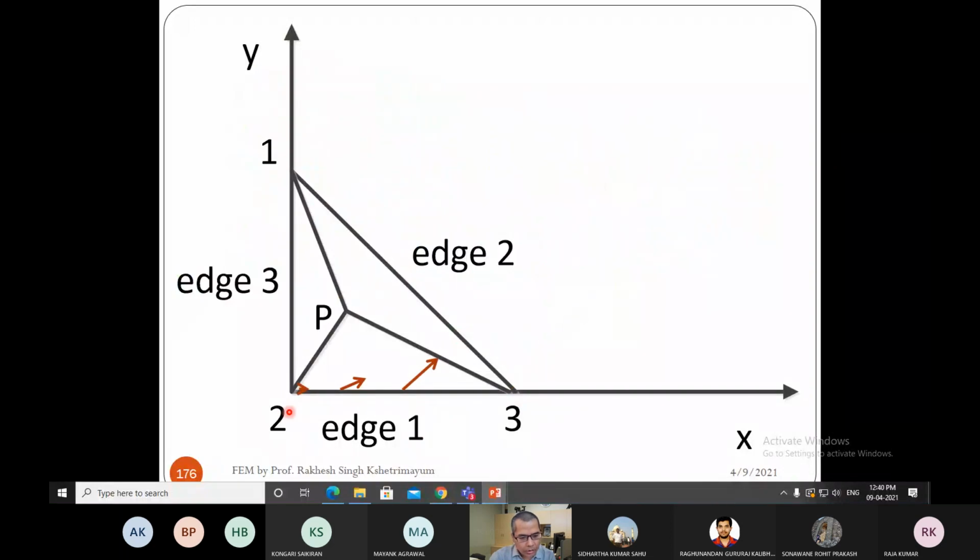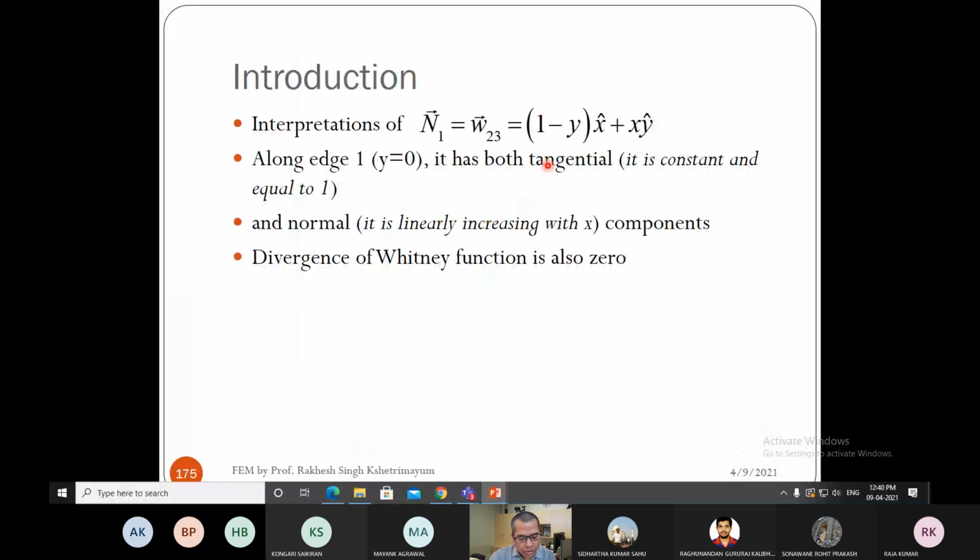Is it okay? So let us just divide this into two parts. First part is always